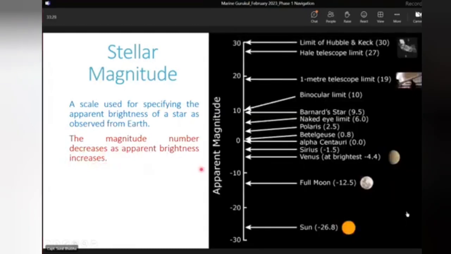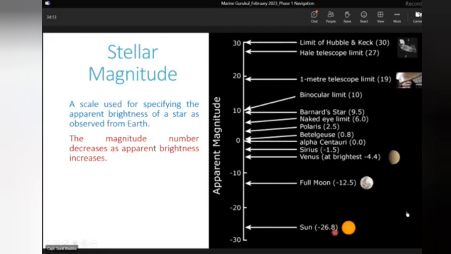You can see this diagram showing some specific celestial objects, celestial bodies, and also their stellar magnitude. You can see the brightest object in the sky which we have is the Sun, and it has a stellar magnitude of minus 26.8. Now, as I told you earlier, the magnitude number decreases as the apparent brightness increases. So the celestial body having maximum brightness is the Sun, and it has the minimum magnitude number. The magnitude number of the Sun is minus